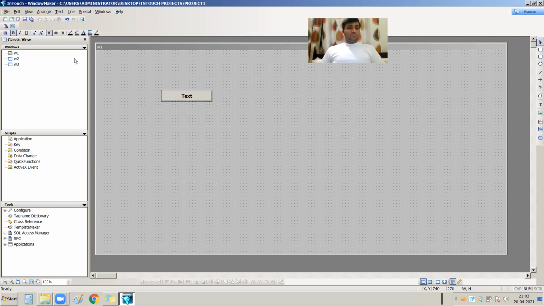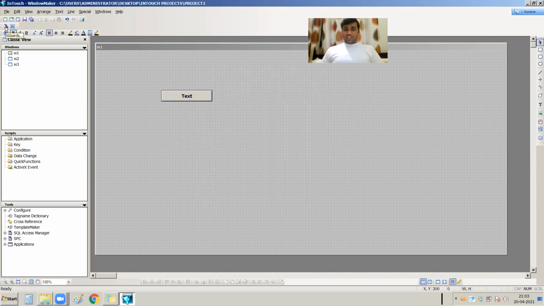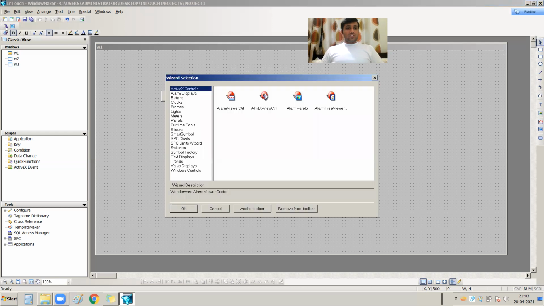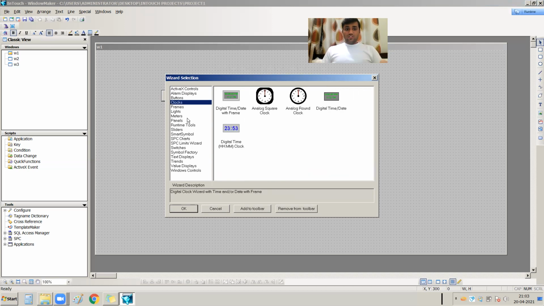Now let's take another example. Here is the wizard section. If I press on this wizard section, there are different types of wizards available over here: active as alarm display, buttons, clocks, and sliders.